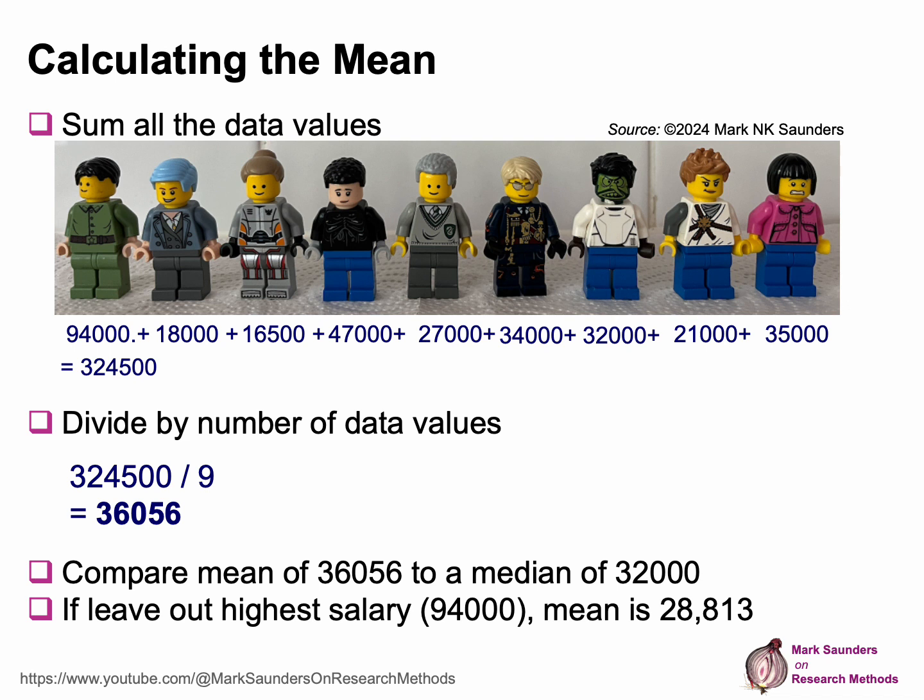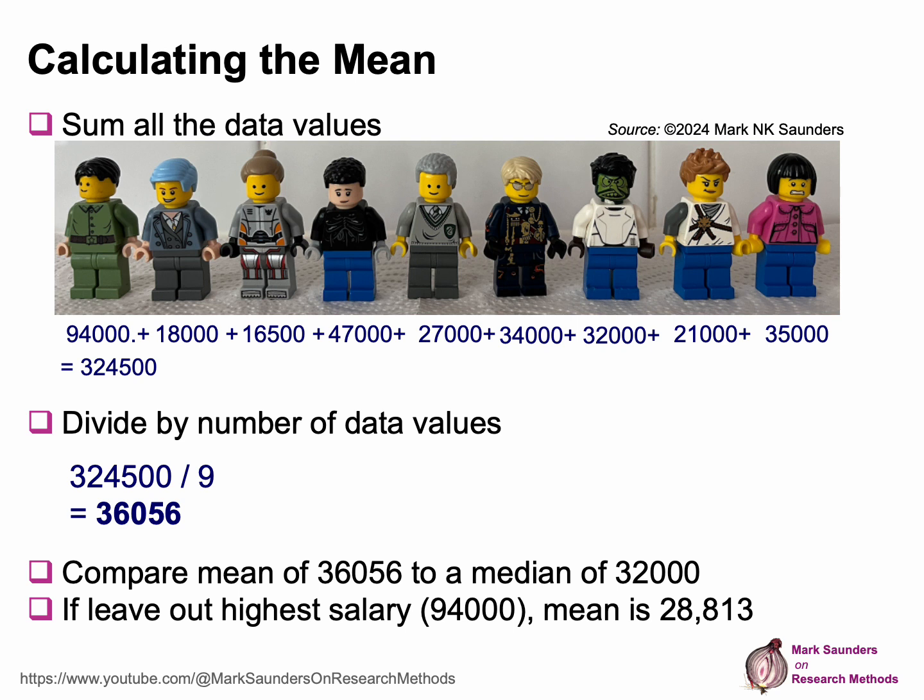And as you can see here, we start off with the person on the left at 94,000, then we add 18,000 for the next person, add 16,500 for the next person, and so on until we get to a total of 324,500. This is divided by the number of data values. In this case, we have 9 data values, 1 salary for each of the 9 people. And this gives us a mean, or what we often refer to as an average salary, of